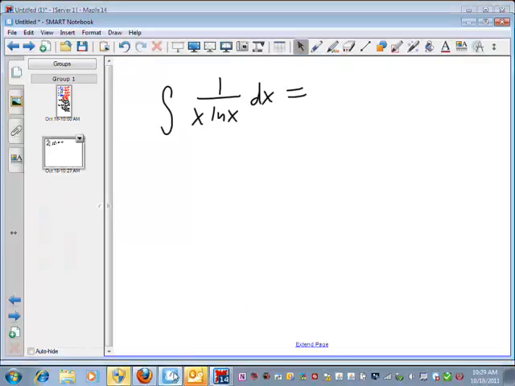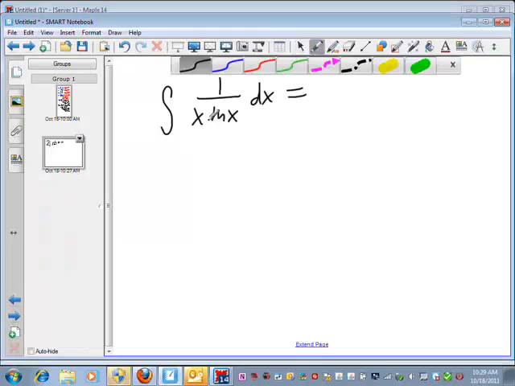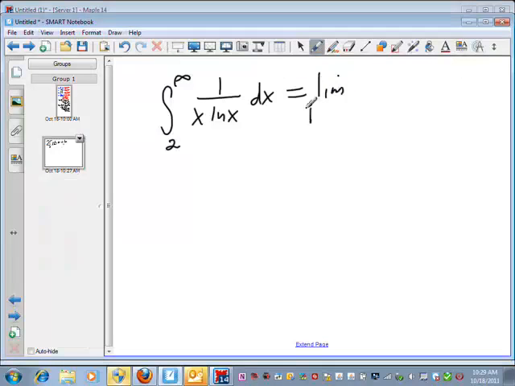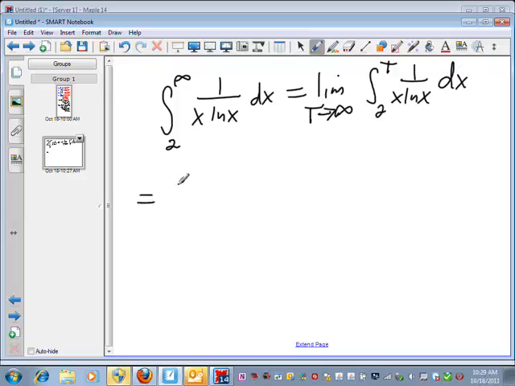In order to do this, of course, as someone has already remarked, we need the antiderivative of this. We're going from 2 to infinity. This is equal to the limit as t tends to infinity of the integral from 2 to t of 1 over x, the natural log of x dx. This is equal to the limit as t tends to infinity of,